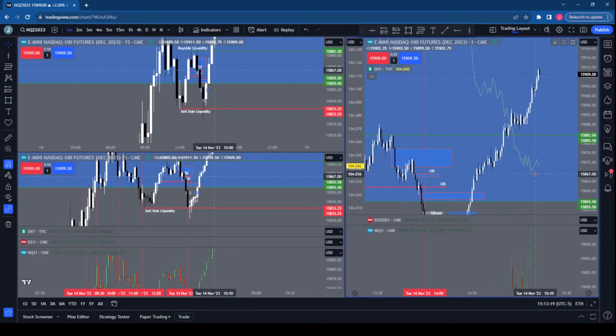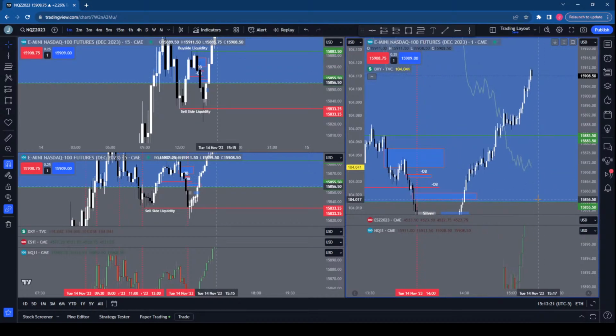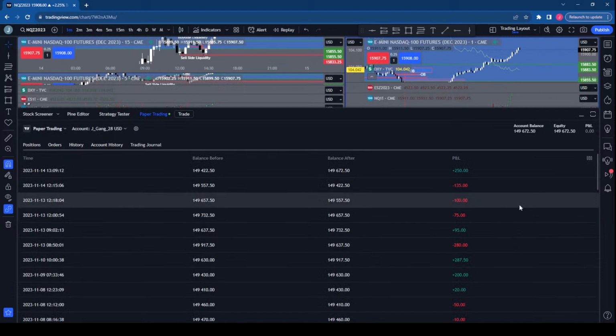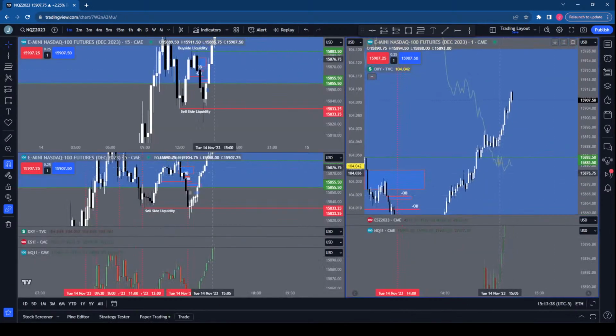September the price has been kind of sloppy, but we went 5 for 5 last week, and now we had a red day yesterday, had a green day today. I'm excited to start using more than one contract soon. Once we get this, I know it's been a long battle back to break even, but once we get it back to break even and we start using more than one contract,